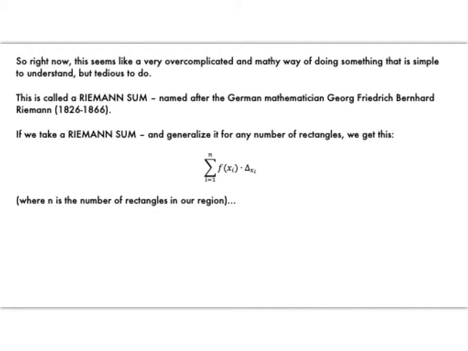All right, so right now this seems like an overly complicated and mathy way of doing something that is pretty simple to understand. So when we wandered through the lesson of the different RAMs, the MRAM, RRAM, LRAM, we know that it's not hard mathematics to do, but it is kind of tedious because you're doing the same thing over and over again,